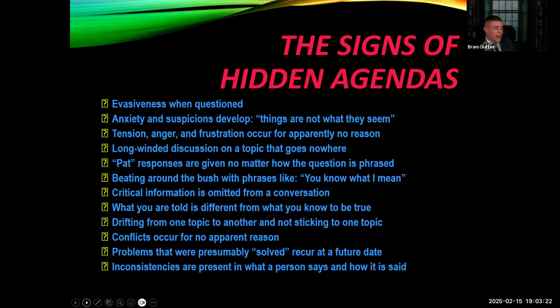So, reoccurring conflicts that have no clear cause can be another red flag. Perhaps you've noticed arguments flare up over minor issues or problems that were supposed to be resolved already, but they keep coming back. These patterns might stem from unspoken frustrations or motives that have not been addressed openly. Think about a teammate who becomes unexpectedly defensive during a planning meeting,